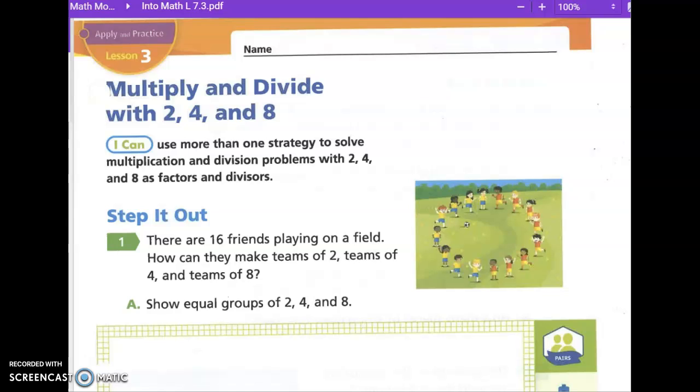Okay, today we're looking at lesson 7.3, multiply and divide with 2, 4, and 8. We already did in our last module multiplying by 2, 4, and 8, so it will be just finding that related division fact. Let's everybody read the I can statement together. Ready? I can